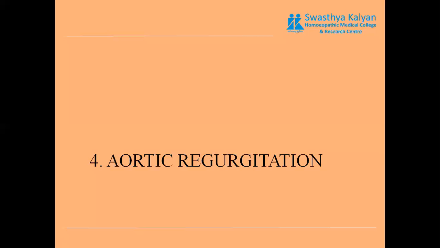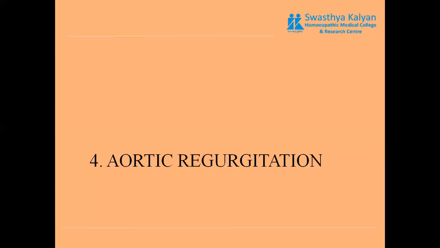As known to you, regurgitation is seeping back of blood from the valve into the chamber where it is not supposed to go. In this particular case, the blood is supposed to move from your left ventricle to the aorta. But what is happening is, as there is incomplete closure of the aortic valve, it will lead the blood back from the aorta into the left ventricle.